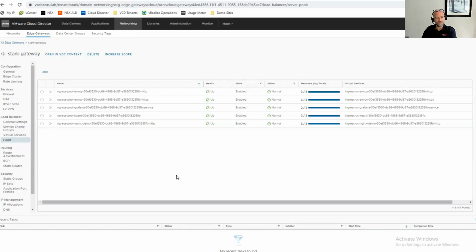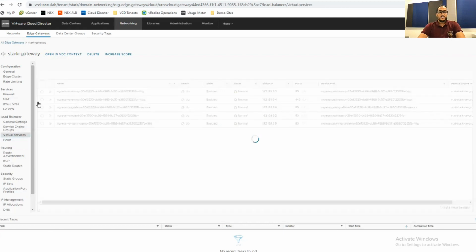Okay. And so we have looked at IPv6. Now the other enhancement we have made with the NSX ALB with VCD is that now we support multiple services in the same virtual service. For example,